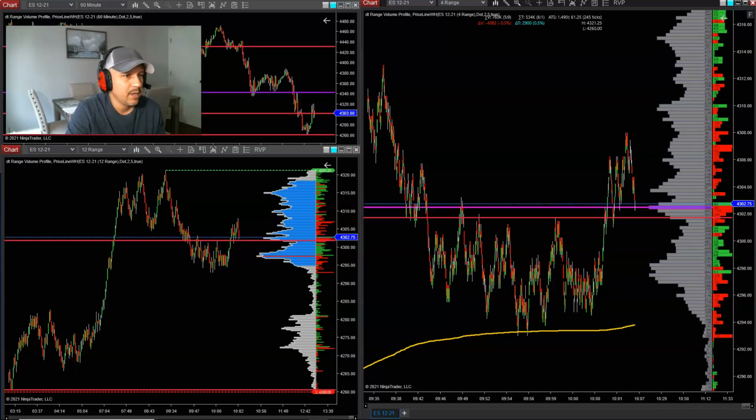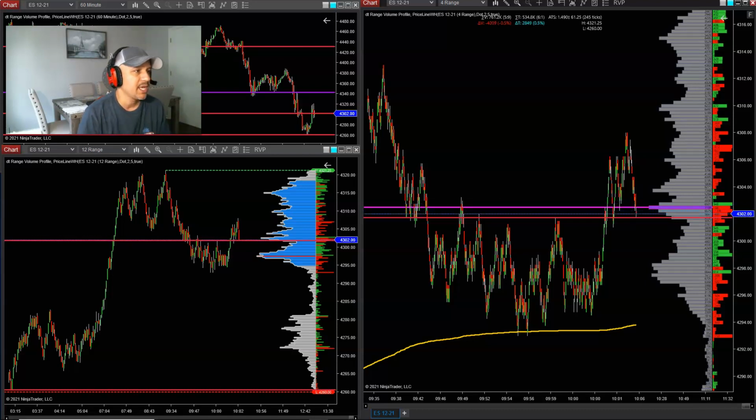Okay, let's see. We're at the VPOC. VPOC is shifted, so I'm not going to do anything. A bad trader is going to be someone who starts trading without fully understanding price action, or feels like they may grasp 50% of what's going on. Because you understand price action, you got to understand and be able to read market structure as well. Market structure is the most important thing at first